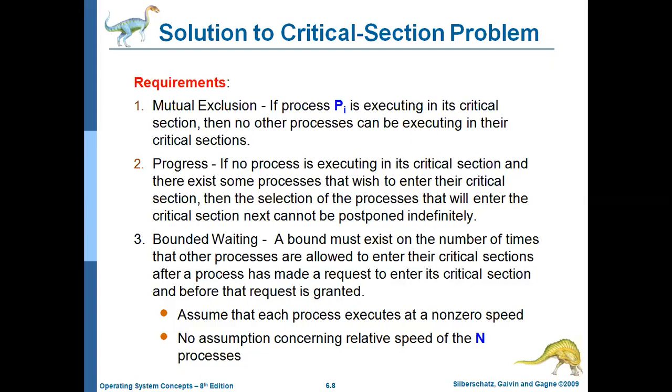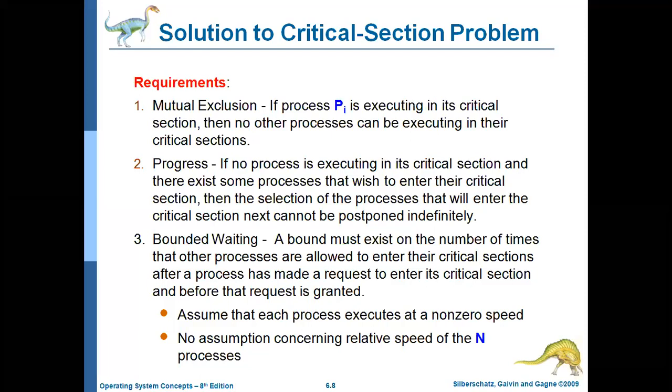Because if every time you give a chance to P1, all the remaining processes waiting for the critical section will wait for so long. So it should not happen. Whenever you want to grant the critical section to one process, you need to check how many times that particular process has entered the critical section till now. Why? Because the same process should not get a chance to enter every time. So that is called bounded waiting.